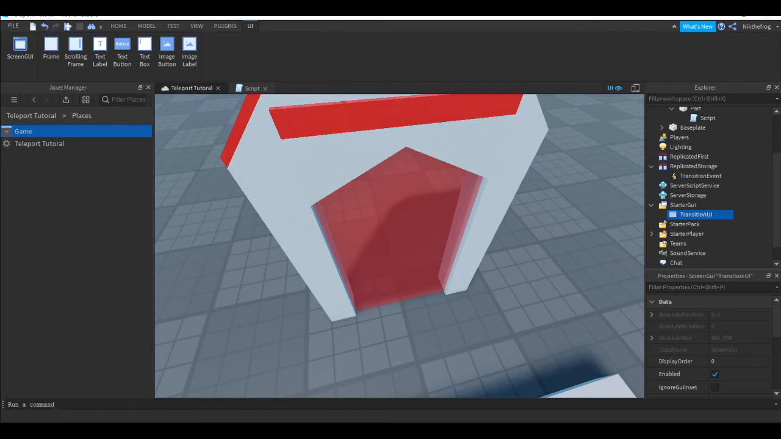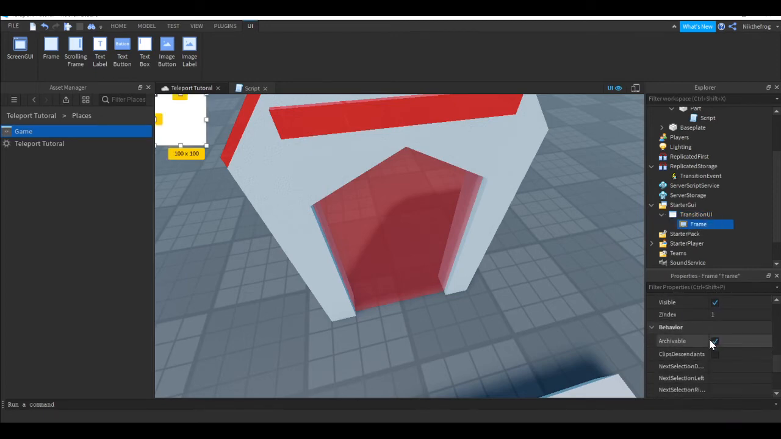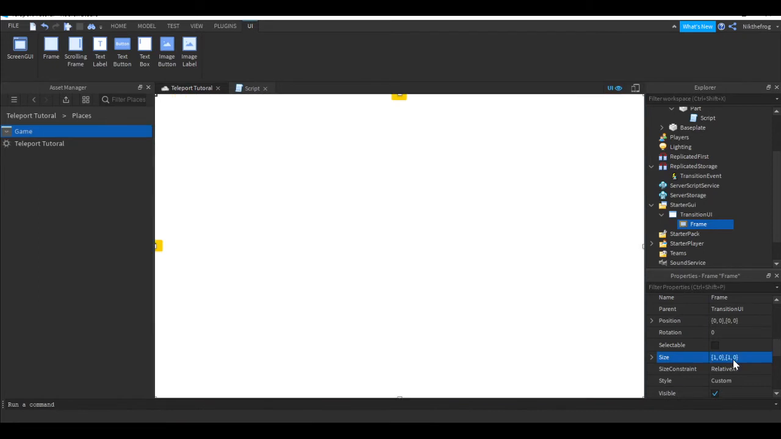Once you do that, now you want to insert a frame inside of there. And then what you want to do in the properties window here is you want to go down to the size here. And you want to change the size to 1, 0, 1, 0. Should fill your entire screen. And then once you do that, you want to come down or come up to the border size pixel. Change that to 50. And then you want to change the border size color